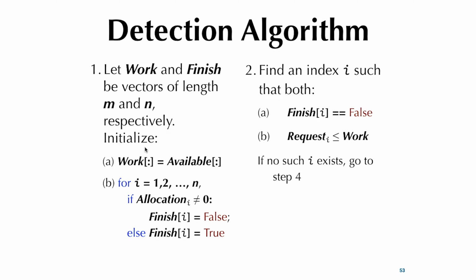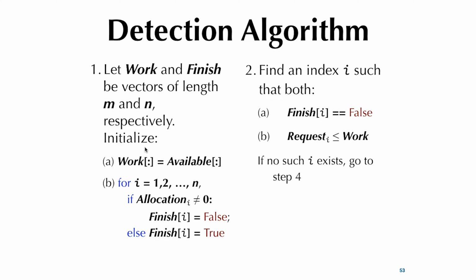That difference is the need. So that's the worst case need at this point, right? So you don't see those two variables here. Why? Because we're not estimating, we're not analyzing the worst case. We're doing the actual state analysis. Are you stuck in the deadlock state or not? That's why you don't need to think in terms of worst case. A deadlock may already happen. You're just trying to see if there's a deadlock or not, right? So that's why you just have work as a copy of available, and then initialize everything.